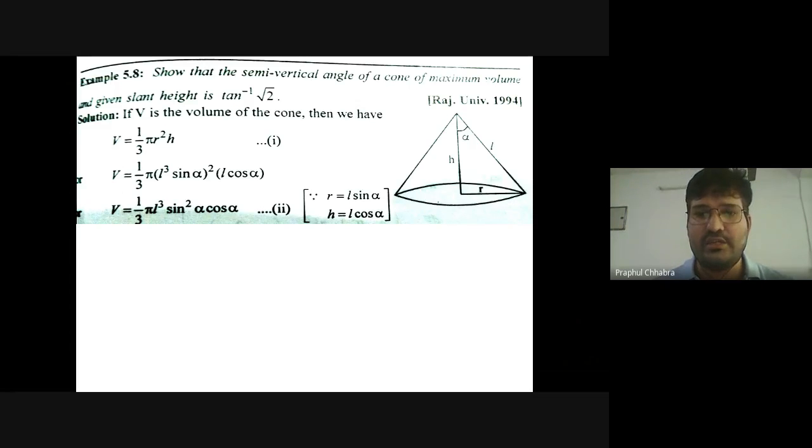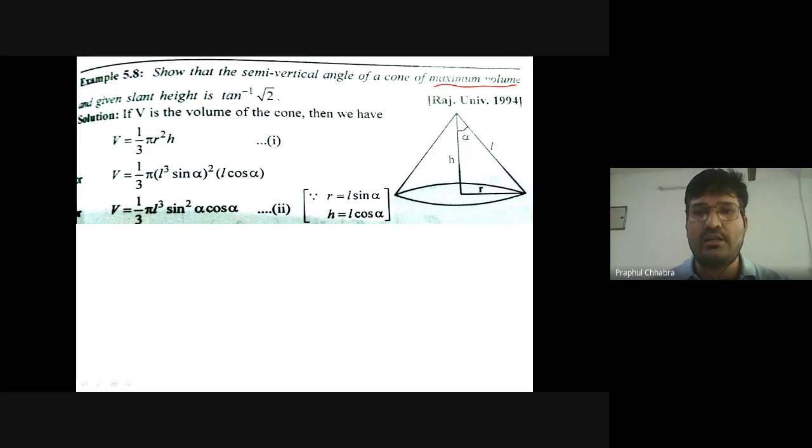So we just draw the cone here. This is the height of the cone and this is the standard cone which is called a right circular cone. This is basically the circular part of the cone and this is perpendicular. The radius of the circular part of the cone is r, height of the cone h, the semi-vertical angle alpha and slant height which is given by L. And it is given in the question that the volume of this cone is maximum.